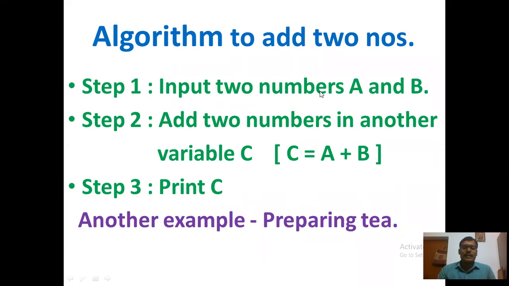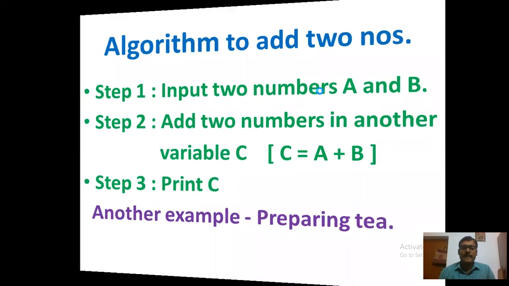Another example is preparing tea, which is given in your book. You have to take some water, add some tea leaf, add some sugar, and boil it for 5 minutes or 10 minutes, and your tea will be prepared. So it should be written in a step-by-step sequence. Now,